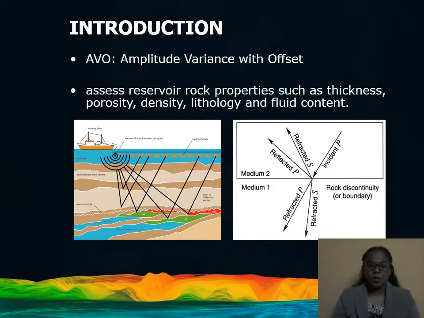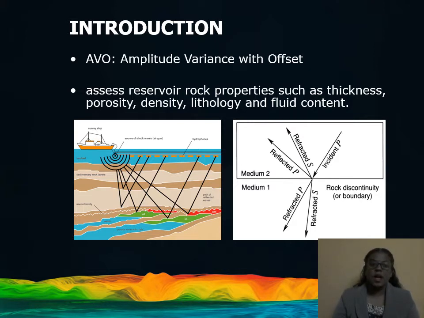The AVO or amplitude variation with offset technique measures differences in amplitude of seismic reflection with changes in distance between the shot points and the receivers that indicates differences in lithology and fluid contents in rock above and below the reflector. Analysis of AVO helps geophysicists to better assess the reservoir rock properties such as thickness, porosity, density, lithology, and